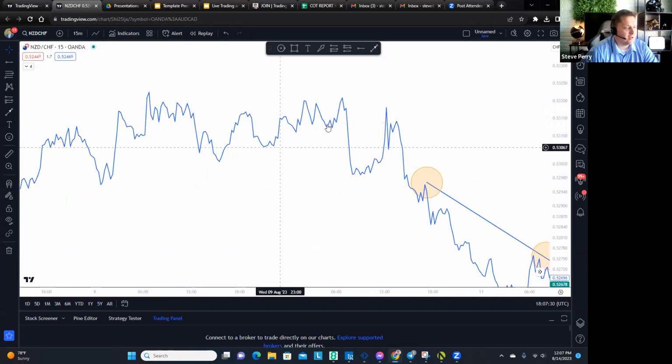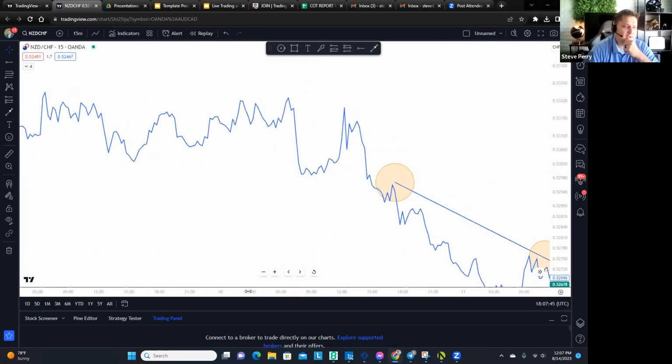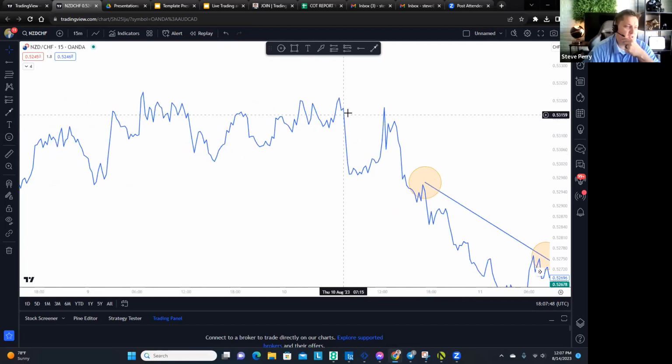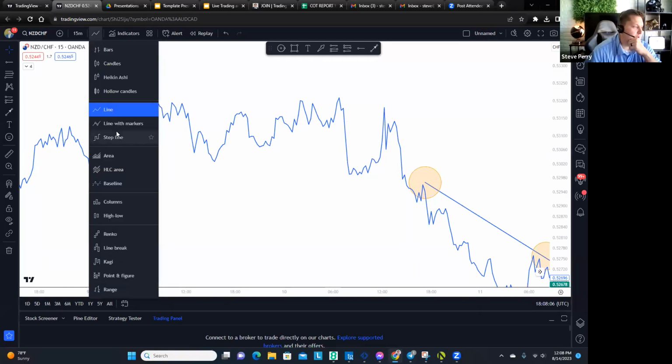Then you have the line chart. I would actually say this is coming back into play. A lot of people are starting to use line charts a little bit more, I've noticed on YouTube and other places. Line charts ignore the candlesticks, and it's just giving you a line of where price is. So line charts can be useful because they ignore some of the other things, but they also can be confusing. It's important to note that as well. It just depends if you want to use a line chart or not.